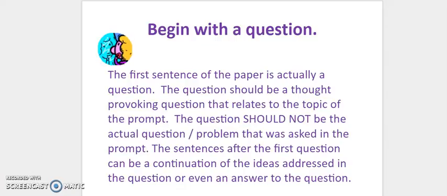If you were going to write a writing hook that is a question, typically, and I'm just reading along on the screen, it says the first sentence of the paper is actually a question. The question should be a thought-provoking question that relates to the topic of the prompt, but the question should not be the actual question or problem that was asked in the prompt itself. So the sentences after the first question can be a continuation of the ideas addressed in the first question or even an answer to the question. So I'm going to go back to this document